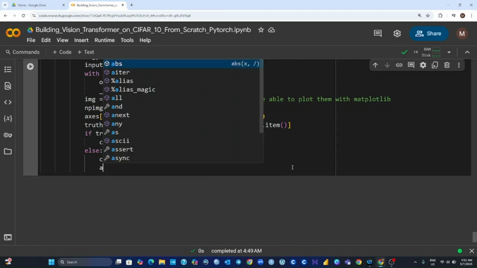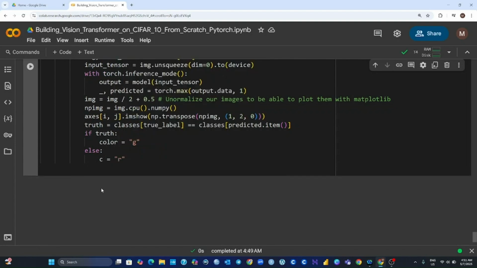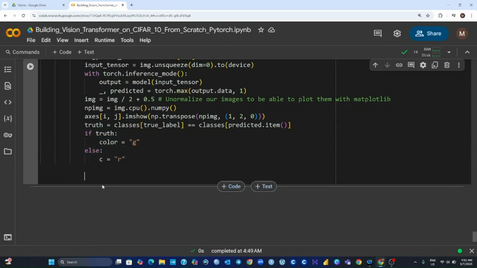And then axes, we have to go outside of this else context. So it's important to be aware where you are writing code. You have to write it outside of the if else context here, and then we can go axes at index i, j dot set_title. We have to set the title as an f-string: truth, and then classes at index true_label